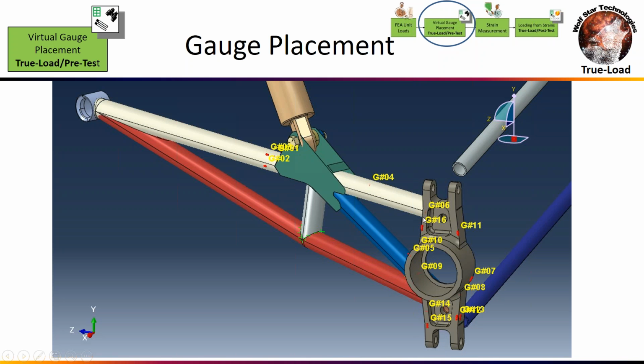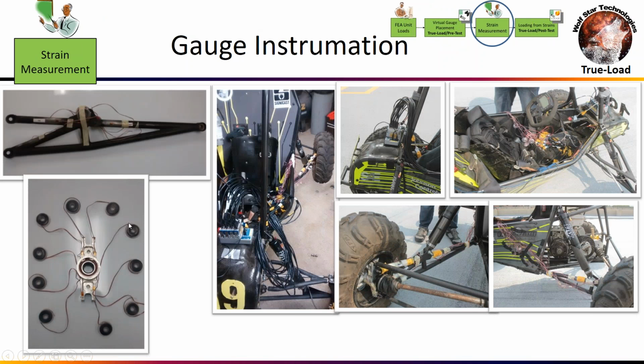So you've got your load paths on that. But we've also got strain gauges on the load paths on the arm itself. So we got strain gauges located on the arm and on the upright, and we placed 16 strain gauges here because they only had 16 channels of data collection available.